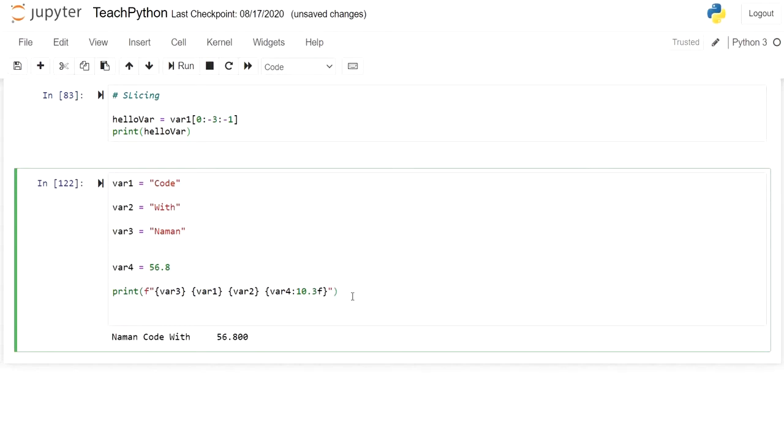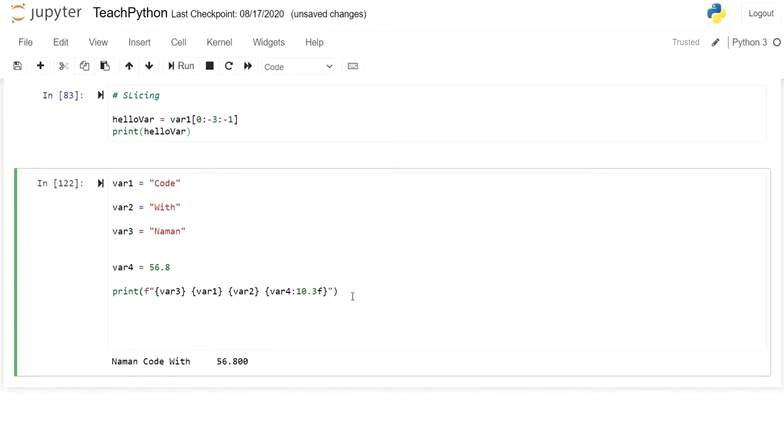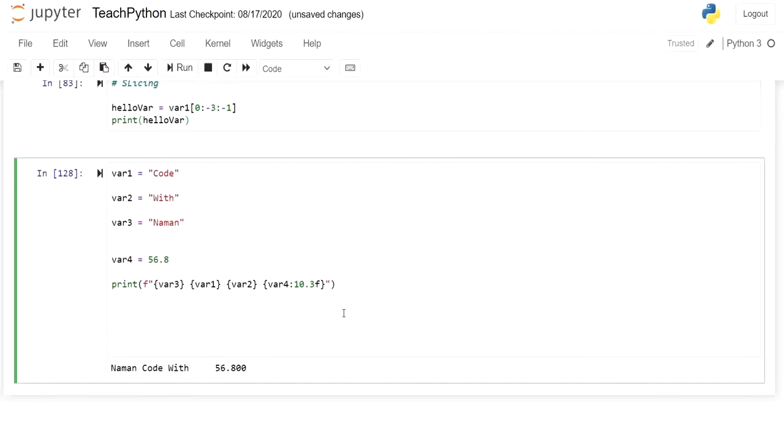Now there is one more thing. We call it dot format_map. Now let's see what is the difference. Let me declare a dictionary. What is a dictionary? We will cover it in a lot of detail later. It is basically a key value pair.